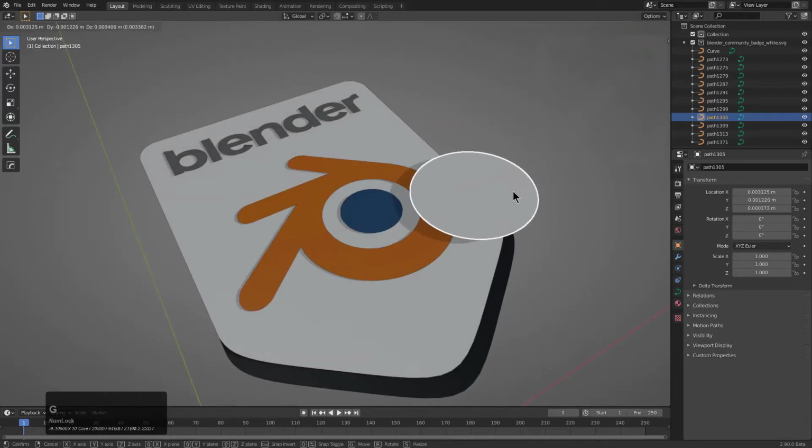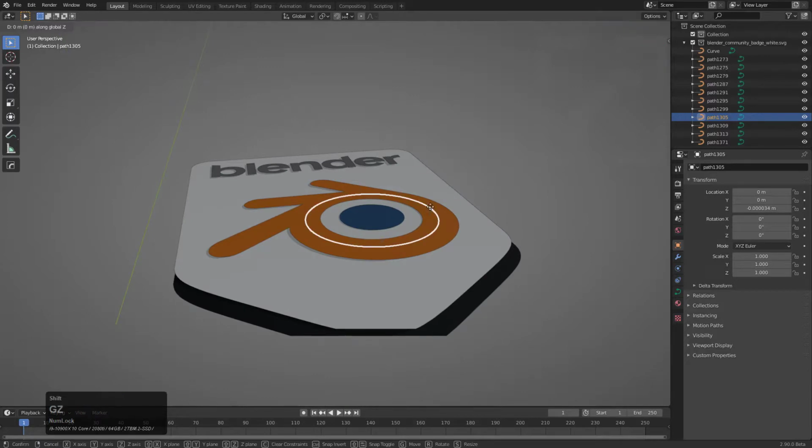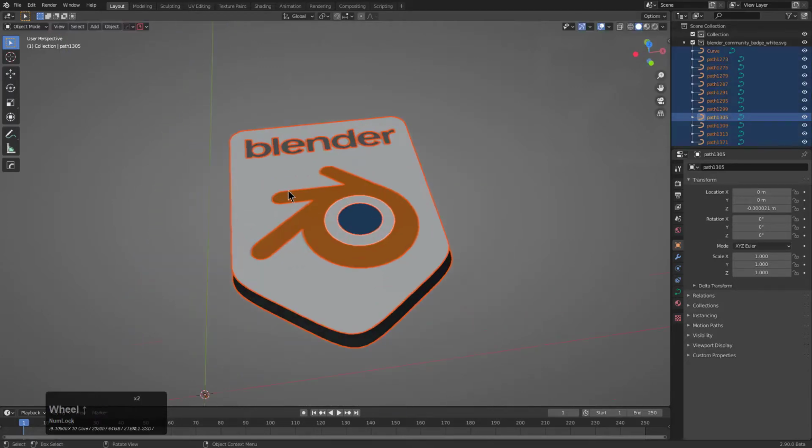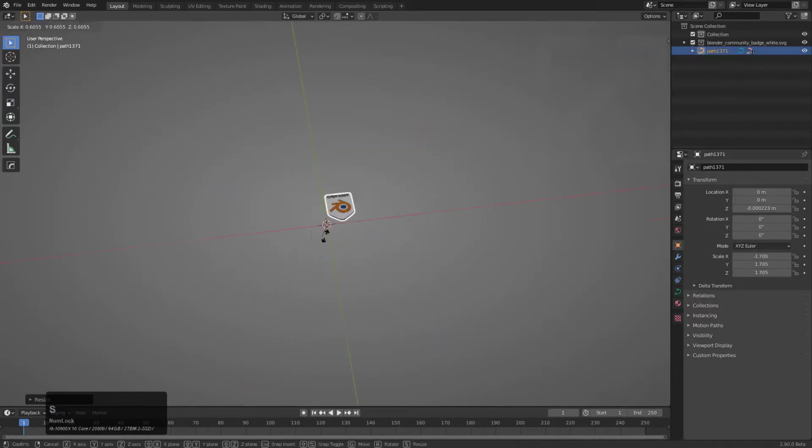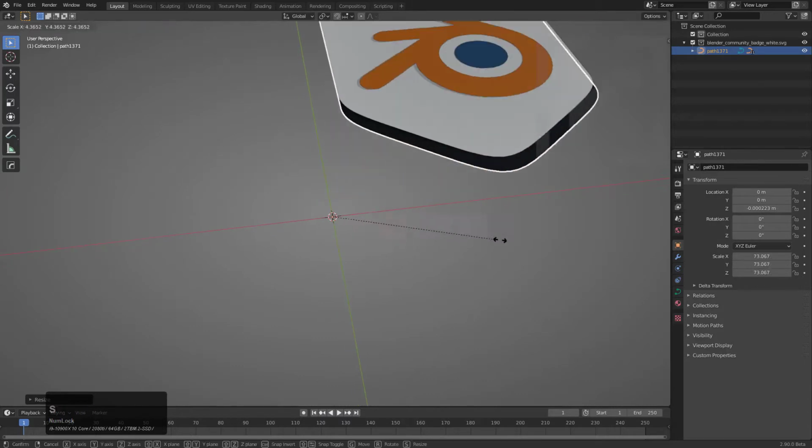I mean, I don't even know if we need this white circle in the back, but you know, let's have some fun with it. So I'm going to select all of this, and we'll select this last one at the end by just holding Shift and clicking it to make it the active selection. And we'll just press Control P, keep transform, and now we can just scale this single object up and everything